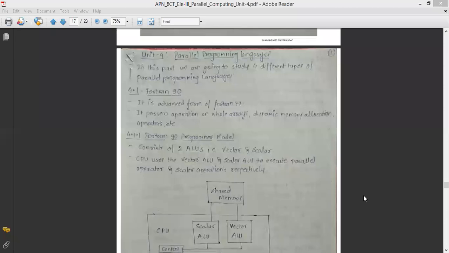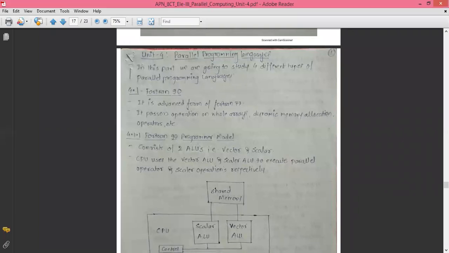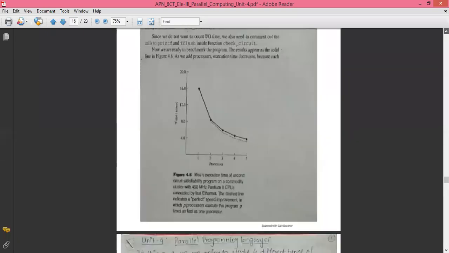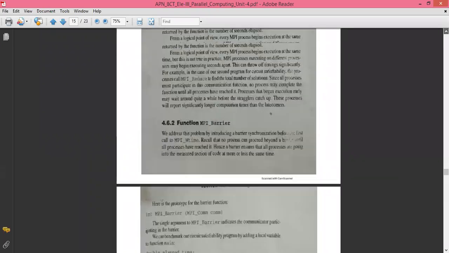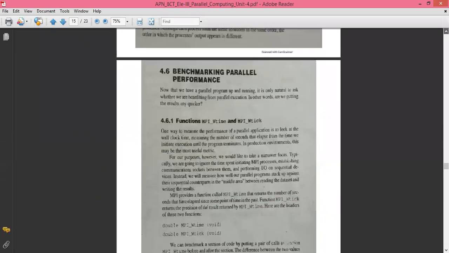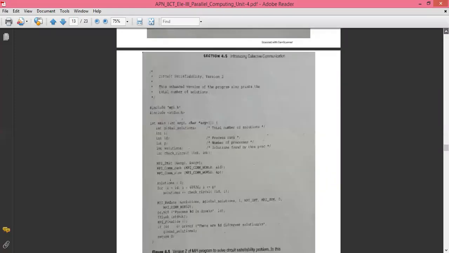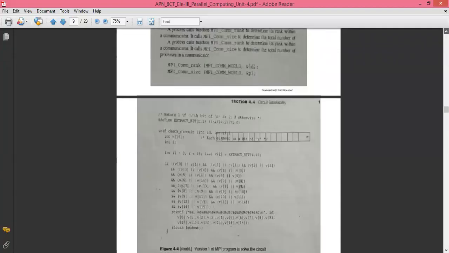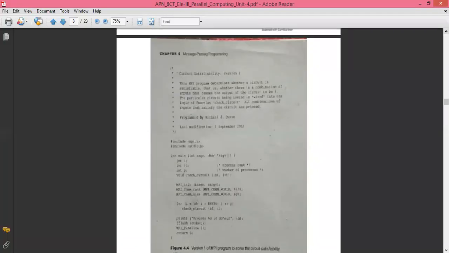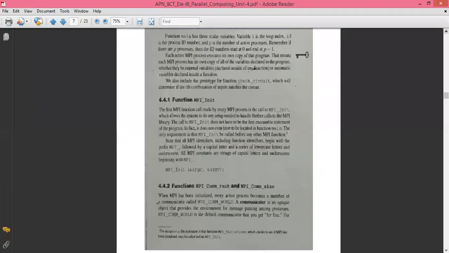Okay, just a quick recall of what we went through in the previous lecture. We have been going through important topics without which the university question paper doesn't come out. In the last class, we covered a highly weighted topic, the circuit satisfiability test from unit number 4, and we went through how the MPI program is written for the particular problem statement.